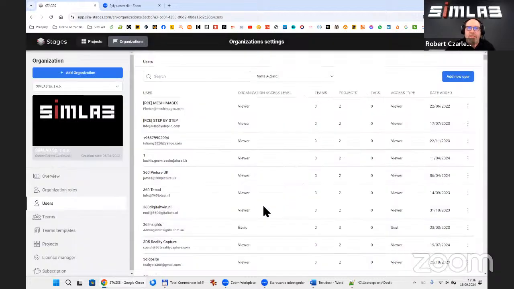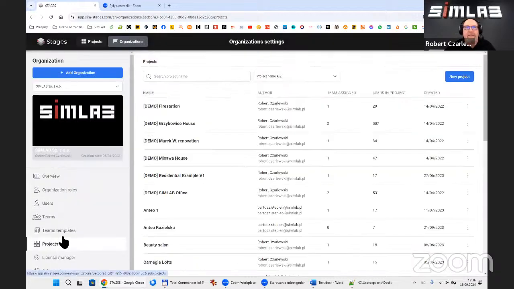Sharing of the project is also available from another level, if I can say it like this. Now we are also touching some additional features, which are also on our list of topics.